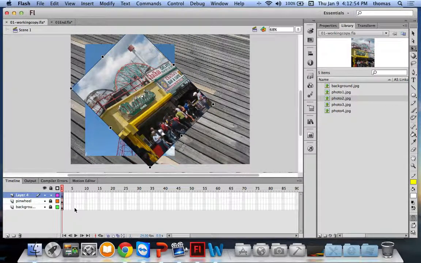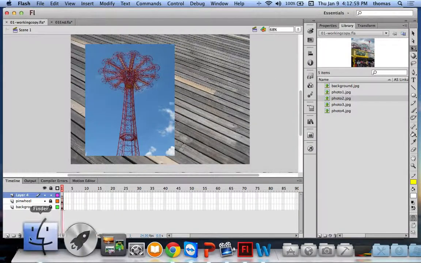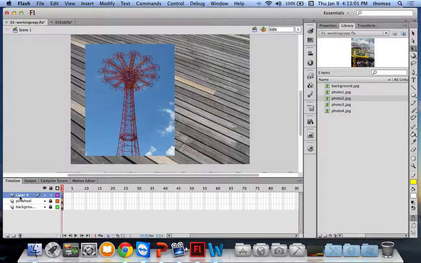Now both of them are going to appear because this is on the same frame. This happens instantaneously. And on this new layer, let's just call this photo 2, just because I can't figure out what it is that I'm looking at. Some other thing from Coney Island. I want it to appear later on. So first, the pinwheel and the background come in, and then what I want to do is go to,